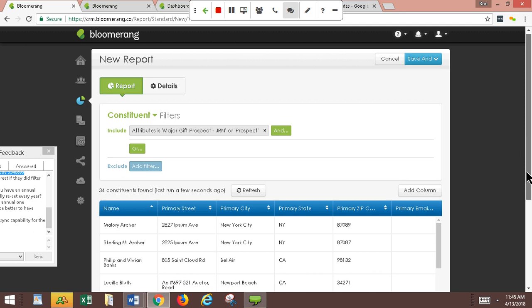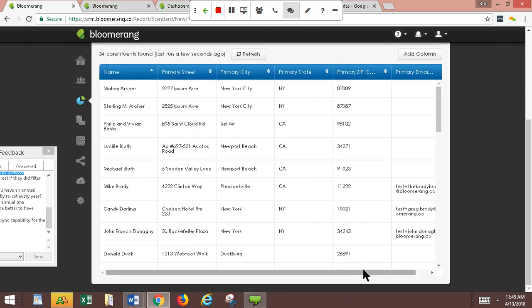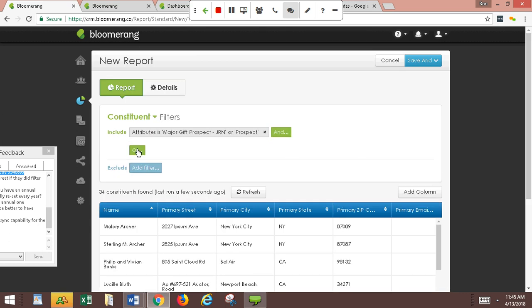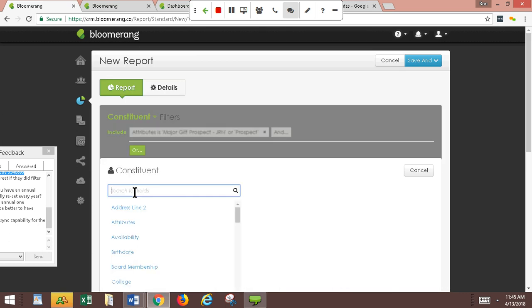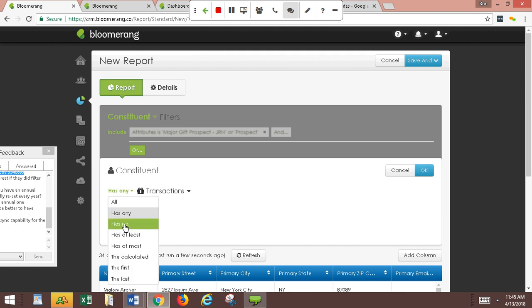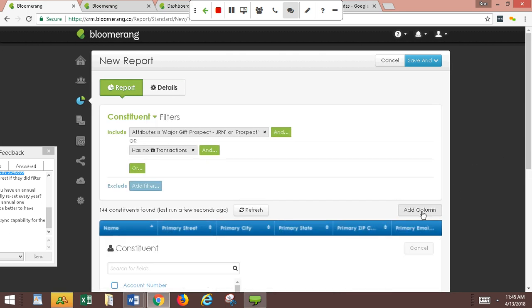So you'll see I have 34 constituents in my database that are in here as prospects. Let's also look at other people who are in here that haven't been coded, but they've never given. So how would I find them? Constituents has transactions, and then we're going to change has any transactions to has no transactions. So here's a list of everybody in my database, 144 people who are in my database that